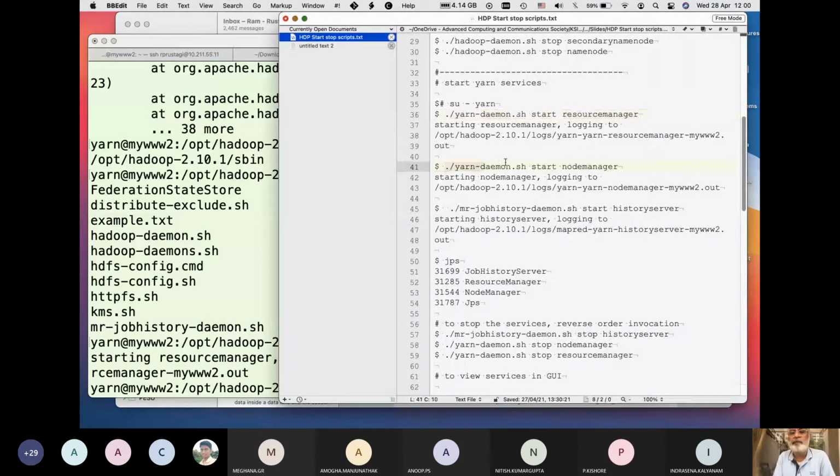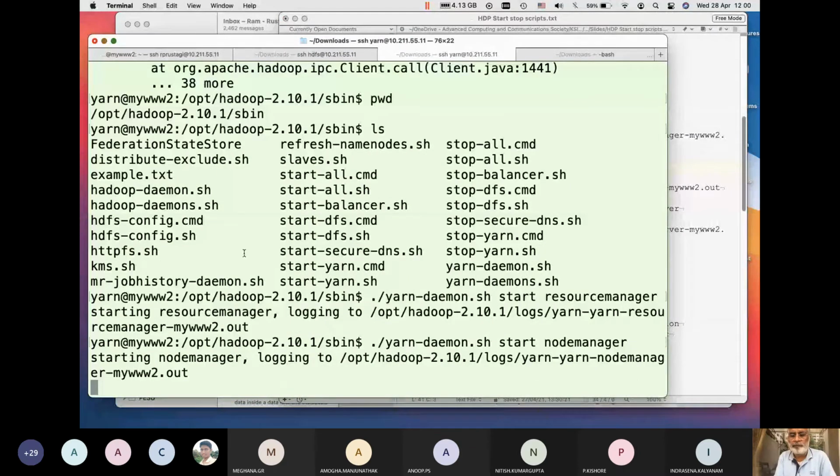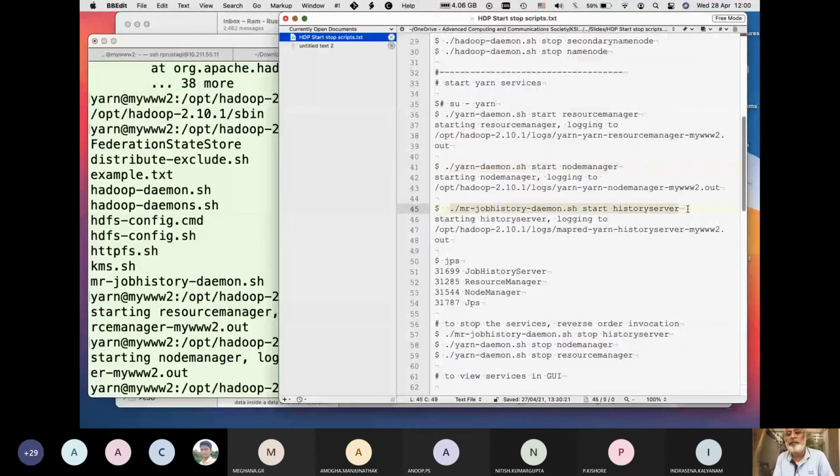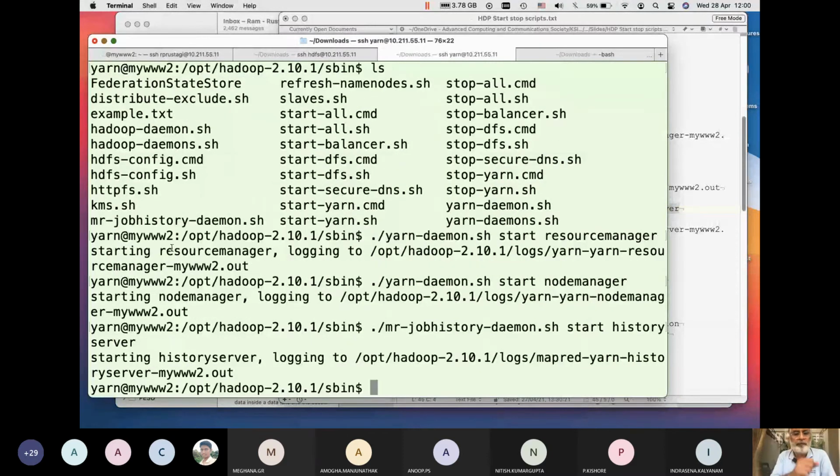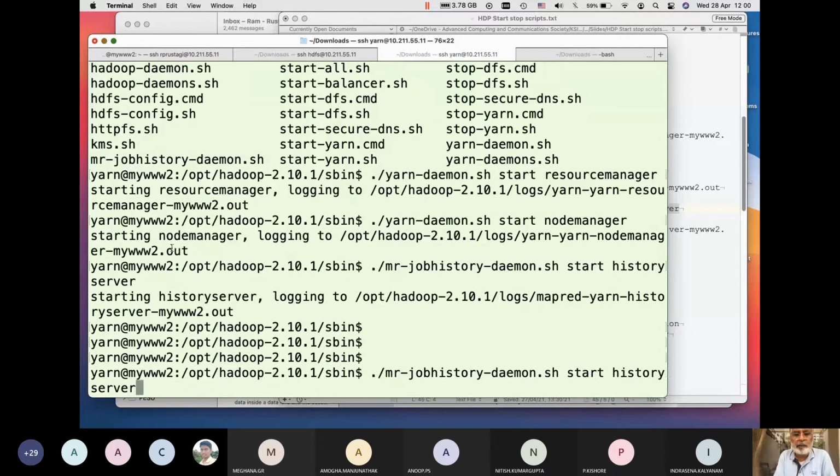Then I start the node manager, and then the history manager. Now all programs are running. Now I can invoke my Pi program.